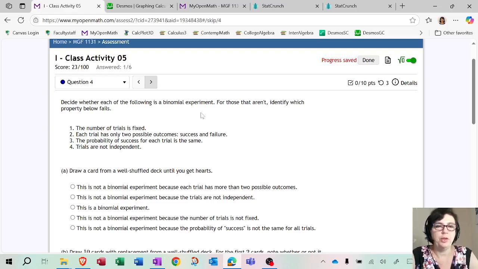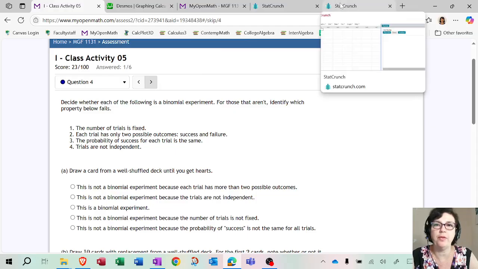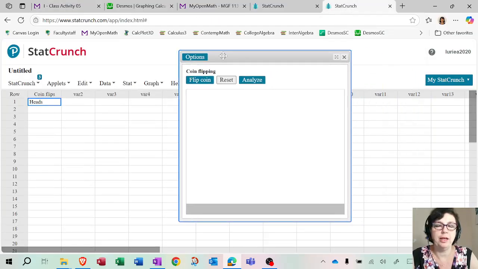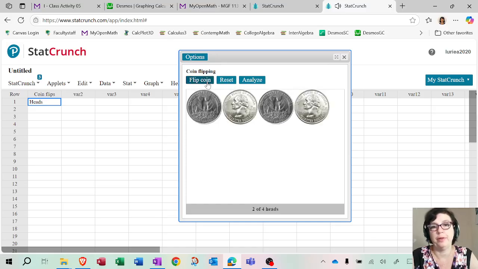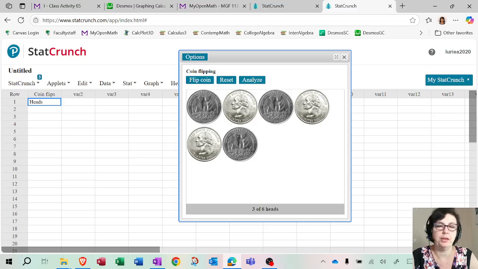Okay, guys, in this video, we are going to look at a binomial experiment and its properties. To understand a binomial experiment, I have a little app here that can simulate tossing a coin. Imagine that I tossed a coin 5 times, 6 times, whatever. Sometimes the coin lands heads and sometimes it lands tails. This experiment is what they call independent repetition of trials. Just imagine that each trial is a flip of a coin.